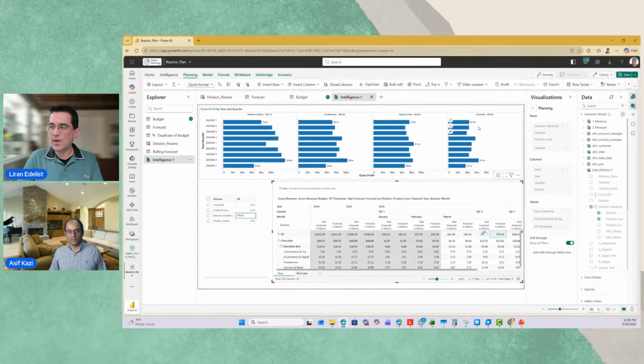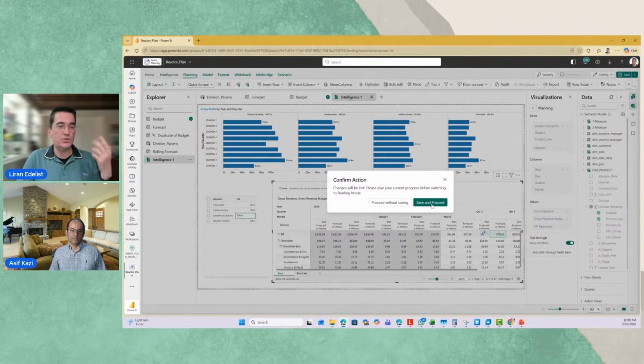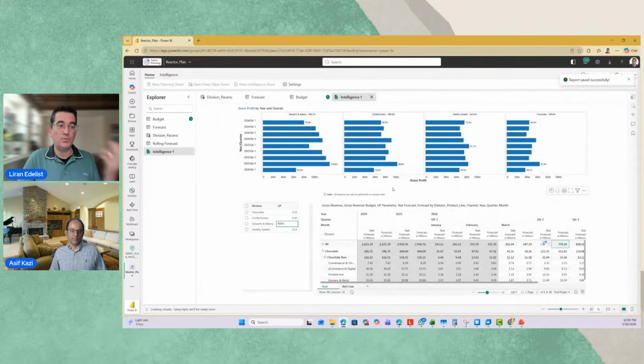And maybe something quickly, I didn't mention that, very similar to Power BI, there are two modes, editing mode and reading mode. Once we change to the editing mode, this is how the user will be able to see the data, and it's still going to allow them to do the data entry in the reading mode, but they will not be able to change the report. So that's the reading mode, very similar to what you use from Power BI. What you see is what you get.